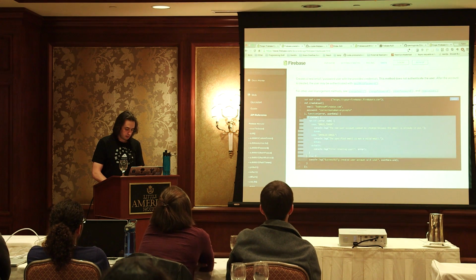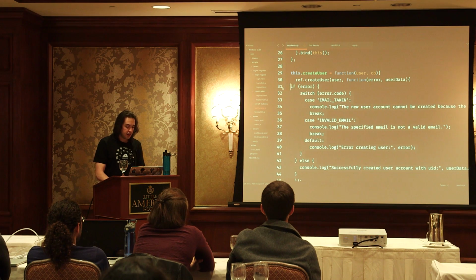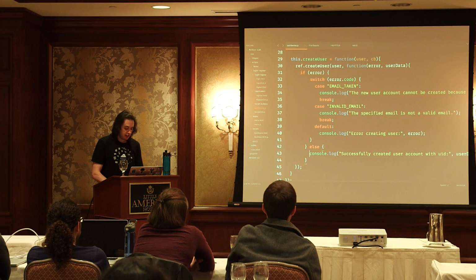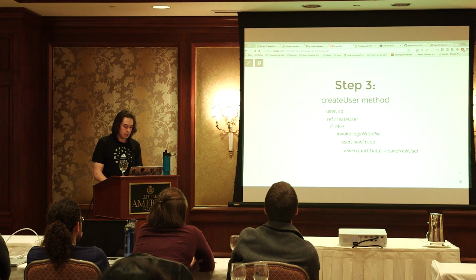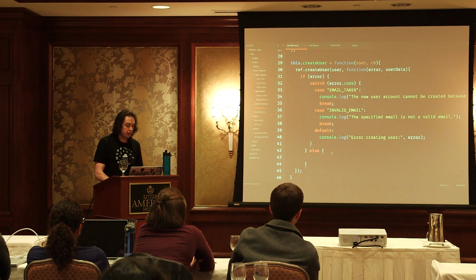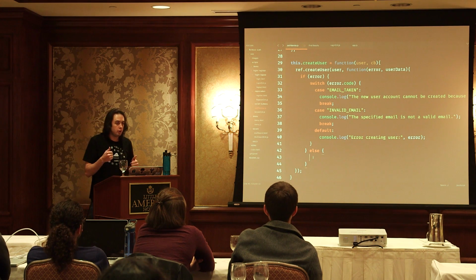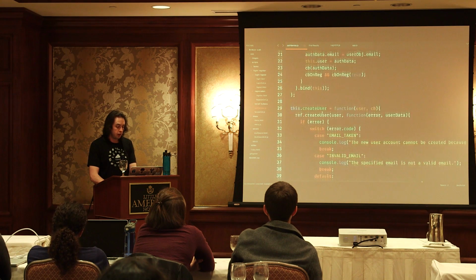So I'm going to copy this beautiful code. If there was an error, then go ahead and tell us which error it was. If there wasn't an error, then we want to do a few things. What we want to do is invoke login with password, right? Because at this process right here, they've entered in their information, they've hit register, it's done some Firebase stuff, and Firebase said, hey, they're good, all their information's correct. So now what we want to do, as we talked about earlier, is take that user and log them in, okay? So we are going to invoke the function we ran earlier, login with password.